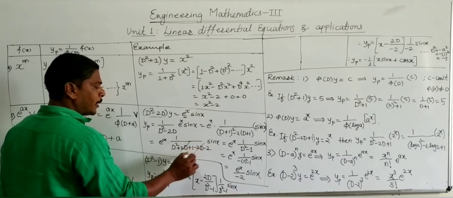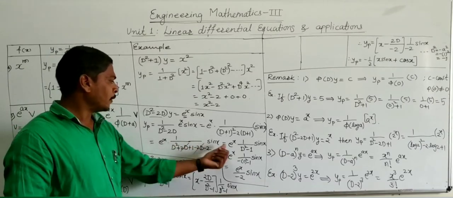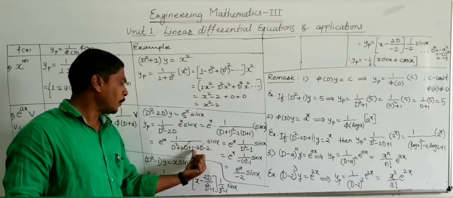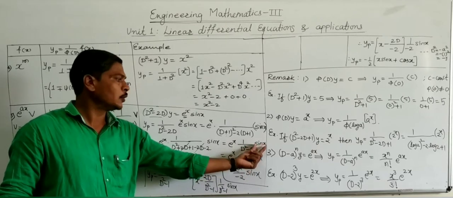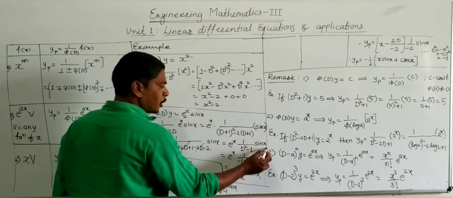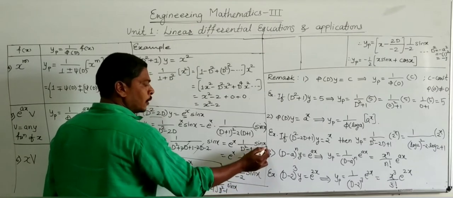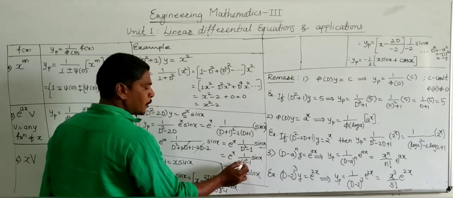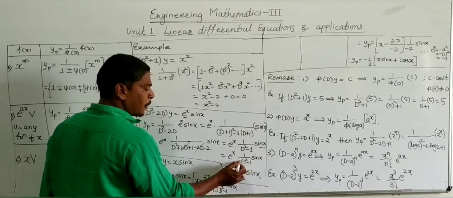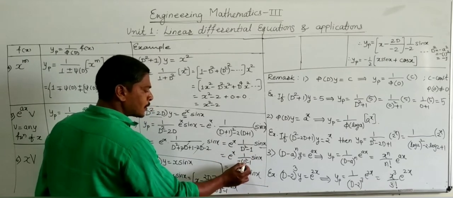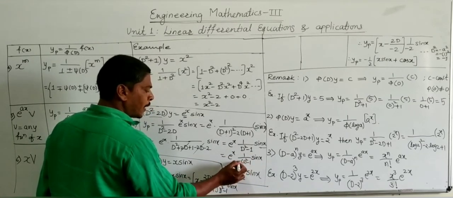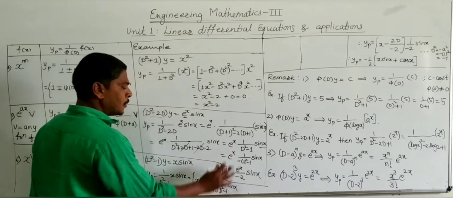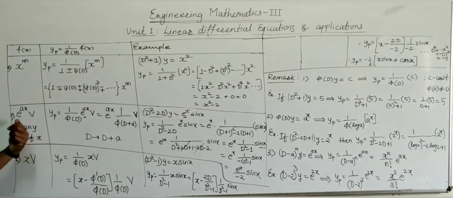Now the 2D and minus 2D get cancelled, and the remaining function becomes e raised to x outside as it is, into 1 upon D square plus 1 minus 2, which is minus 1, into sin x. Now using the second shortcut method, because the function is a sine function with coefficient of x being 1, replace D square by minus a square, that means replace D square by minus 1 square. This minus is outside the square, so just take the square of 1, which is 1, with minus sign, into this minus 1 becomes minus 2. So we get e raised to x, sine function as it is. This is our final answer using this shortcut method.